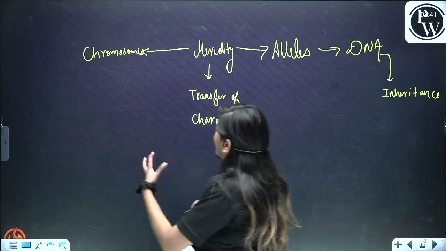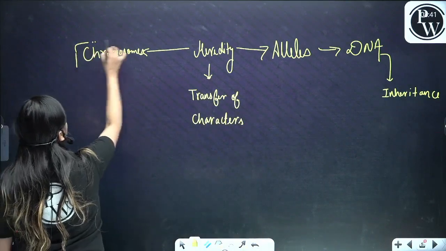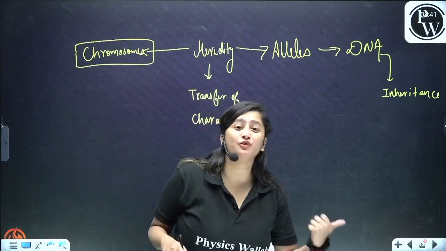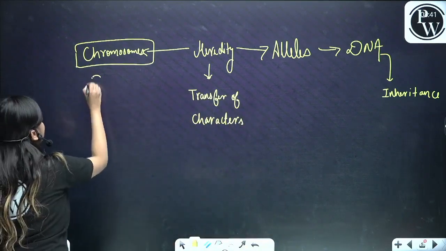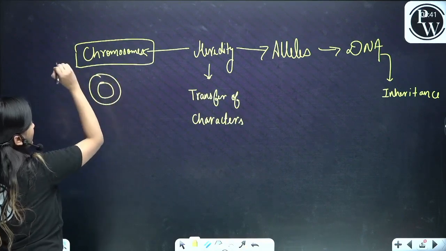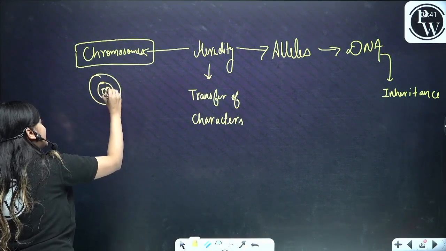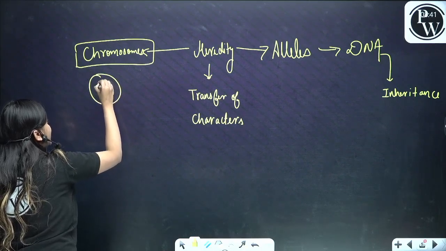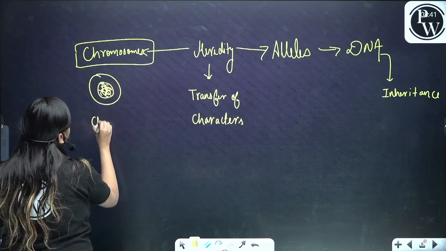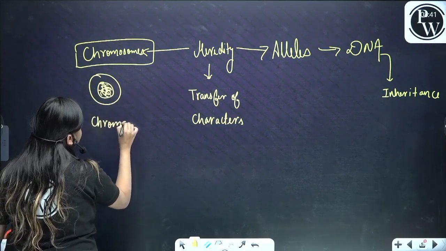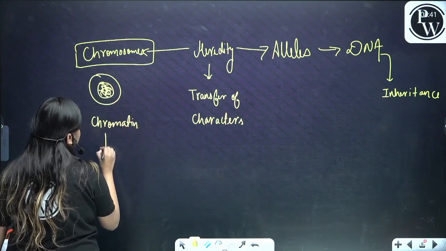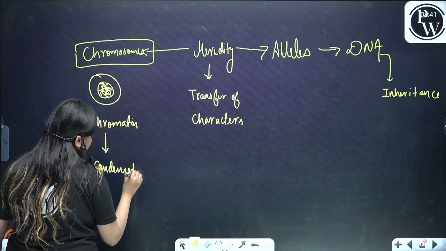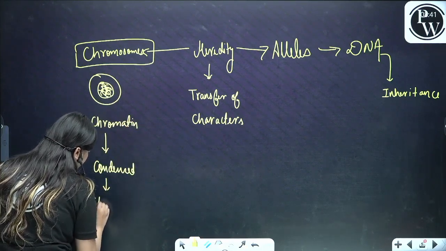Right. So what are chromosomes? First of all, let's catch up this word, what is chromosomes. In the cell, class 9th, you already read about that. There is a nucleus in the cell, and in the center there are thread-like structures, which look like Maggie. So these thread-like structures are known as your chromatin. Chromatin got condensed to make chromosomes.